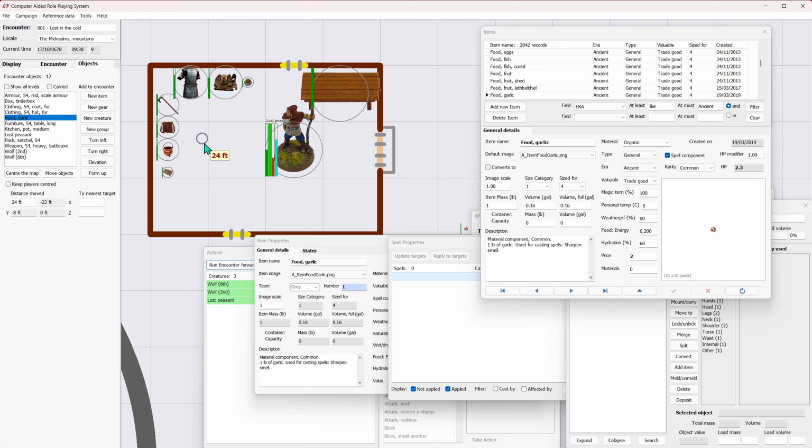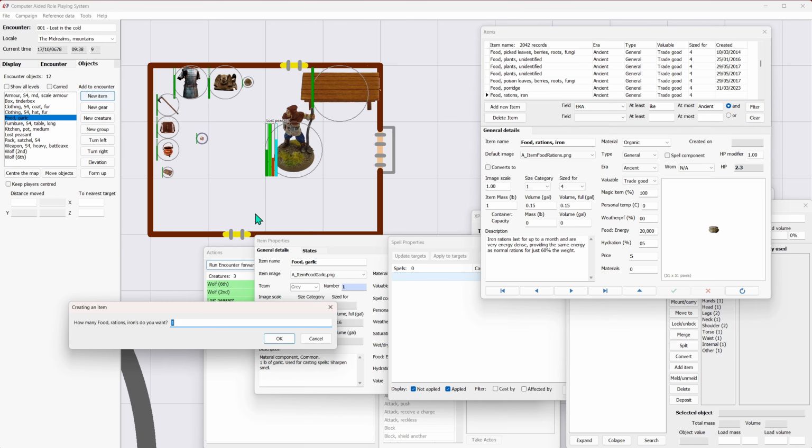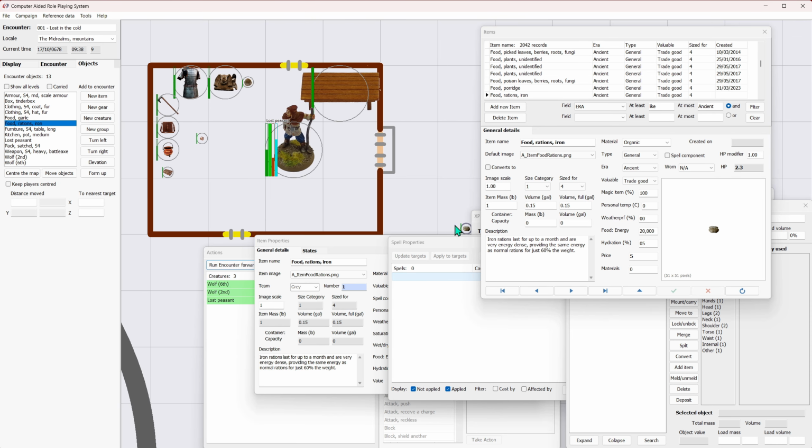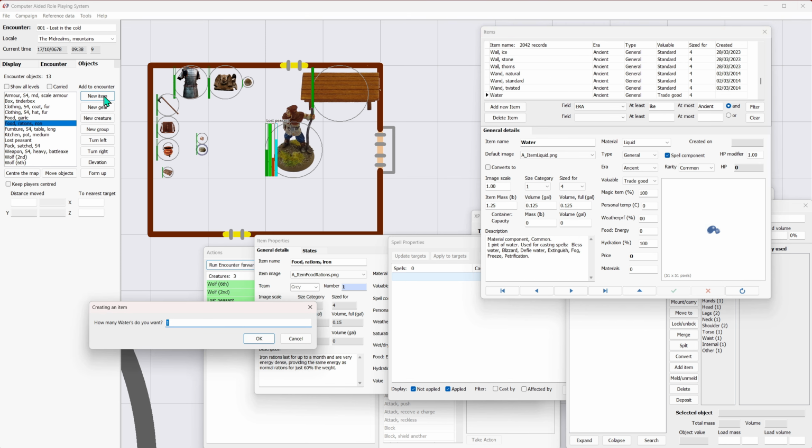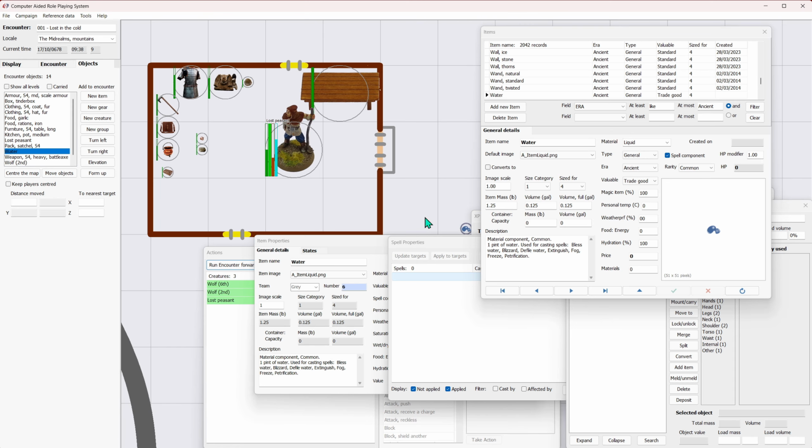In any case, food can be eaten by targeting it and taking the consume food drink action, but usually just by turning on the automatically consume food drink checkbox under a creature's properties. When this is checked, the creature will automatically eat and drink anything they're carrying to maintain their energy and hydration levels. Fuel. Some items are considered fuel, including wood, coal, charcoal and oil, and putting these into a light source